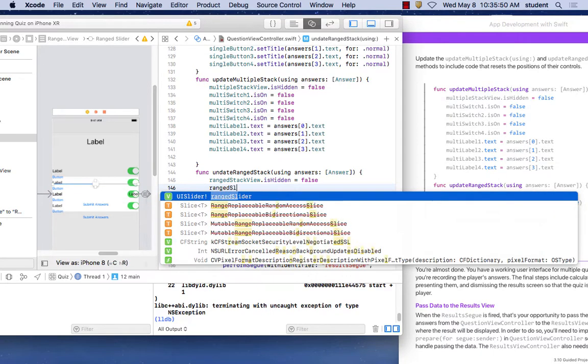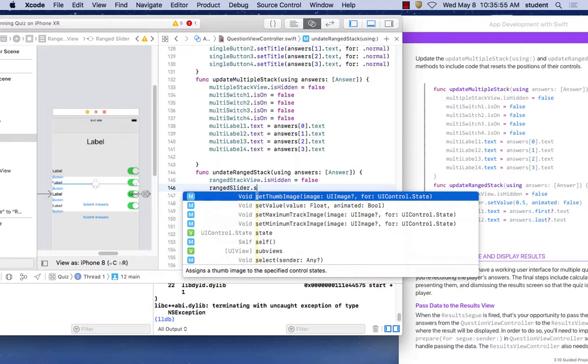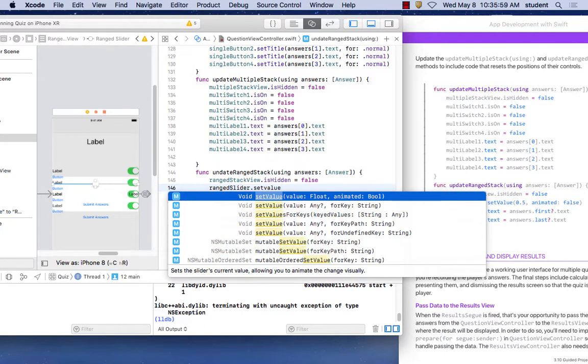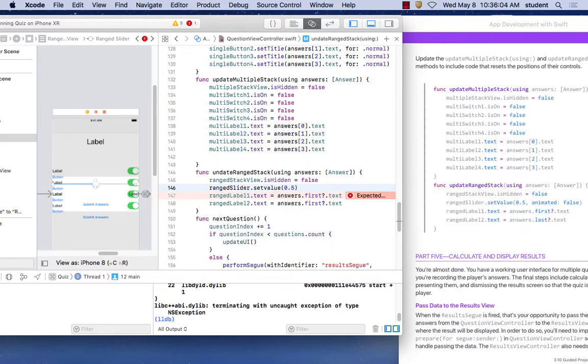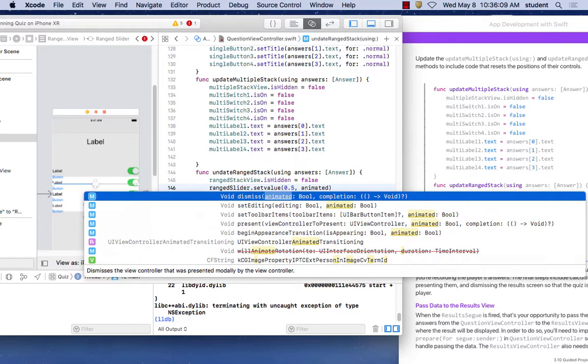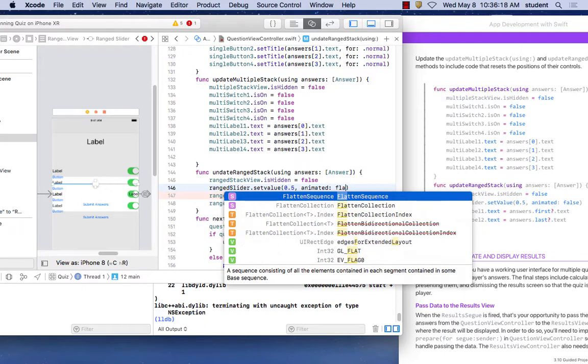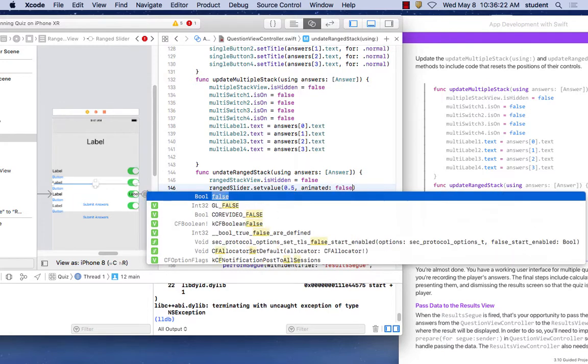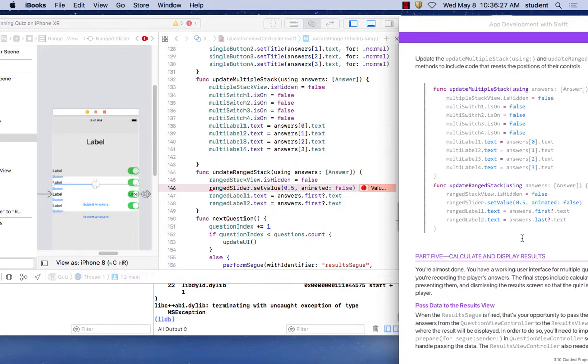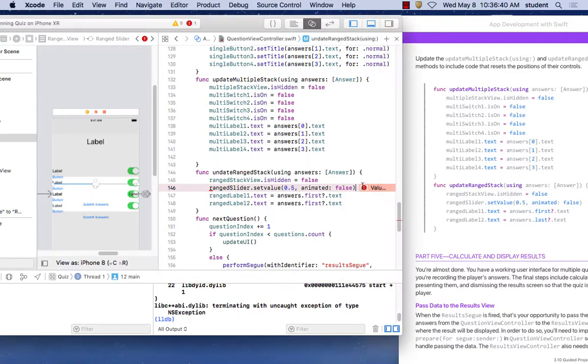Range slider. Set value. Colon. False. Ranged slider. Capital V. Okay, so